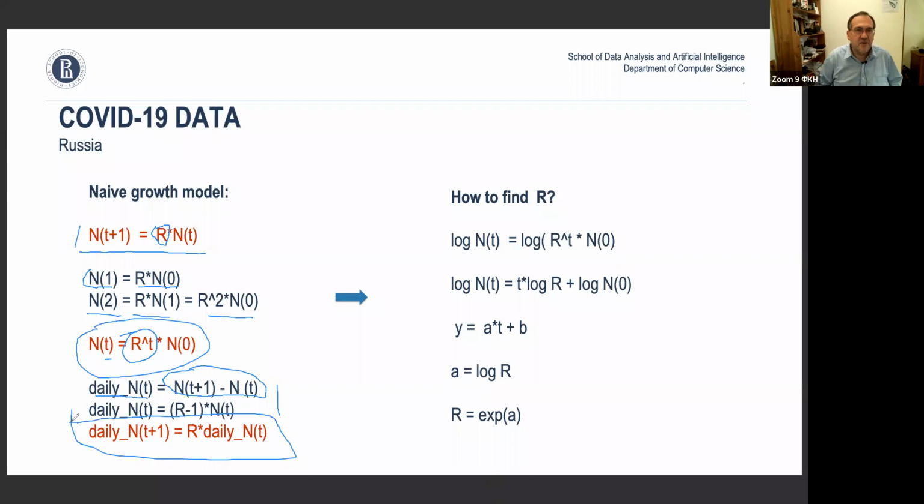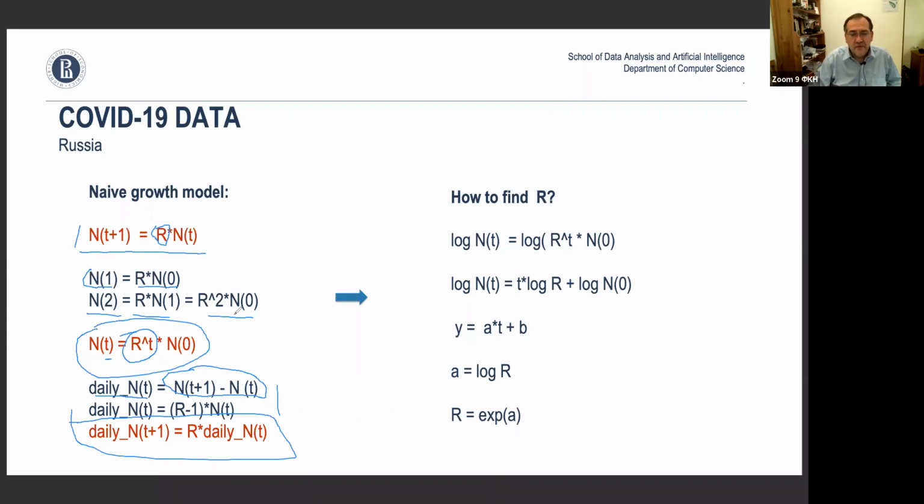So if the factor is 1.3, and today there were, what, 1,000 new cases, tomorrow it's going to be 1,300. And the day after tomorrow is going to be 1,300 times 1.3, right? And the day after, more and more and more. And it's going to be growing until we reach the plateau, right? This model doesn't show it, but it explains what's happening right now.